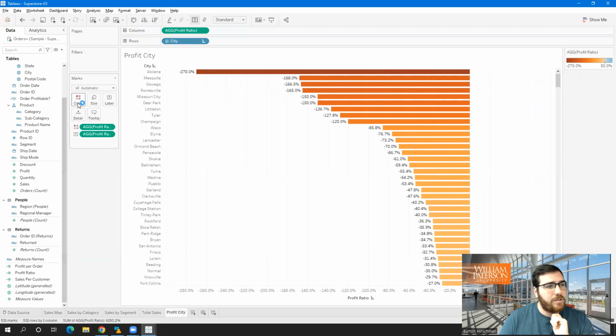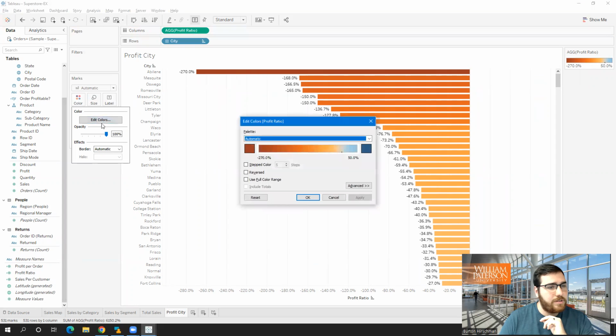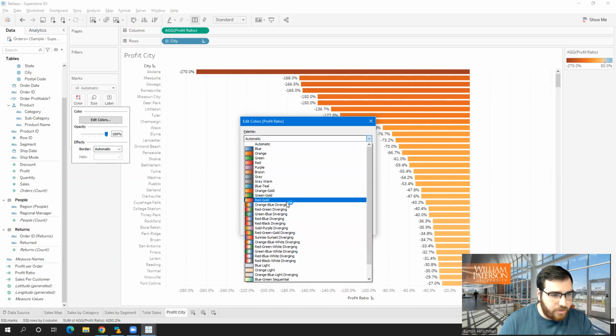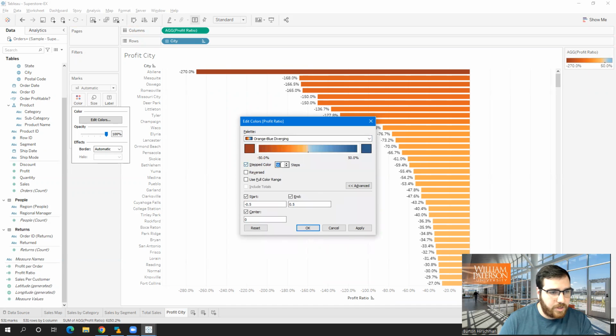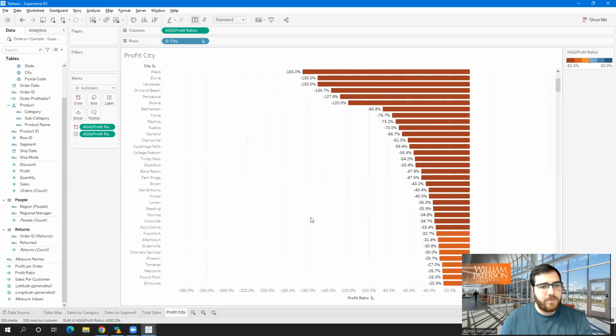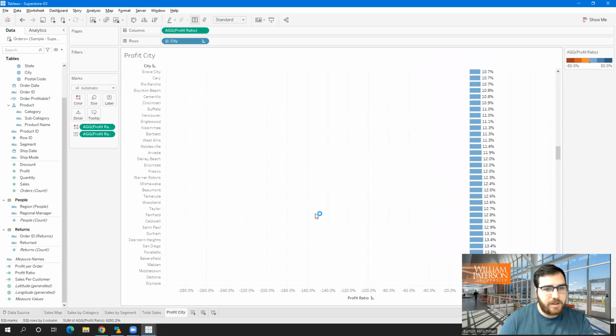And let's change the colors again. So go to color, edit colors. Let's go with that stepped color again, 6, go to advanced. We want anything under -0.5, and we want to end at 0.5, with the center at 0. Sure, that's fine. Let's change it again to orange, blue diverging with 6 colors. Click OK. Okay, so it's pretty clear what's the most negative, and if we scroll down, we'll see what's most positive